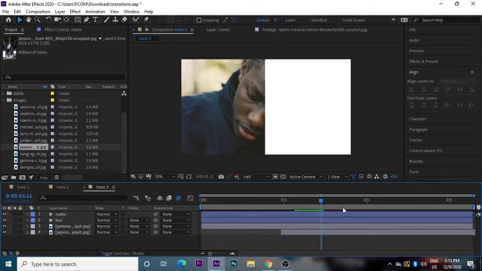And now you have to trim that matte when the line rotates. And we also have to trim this image.